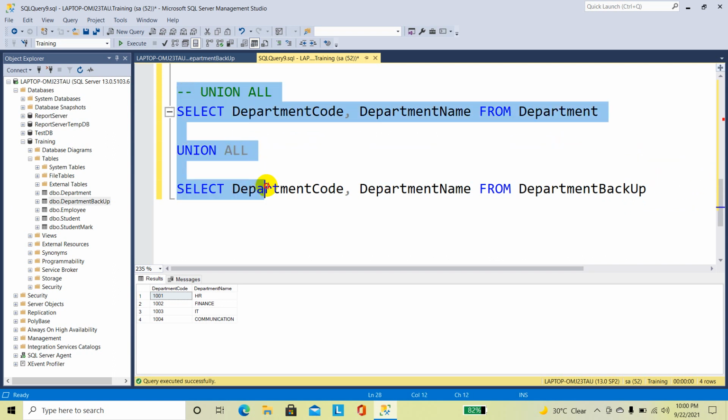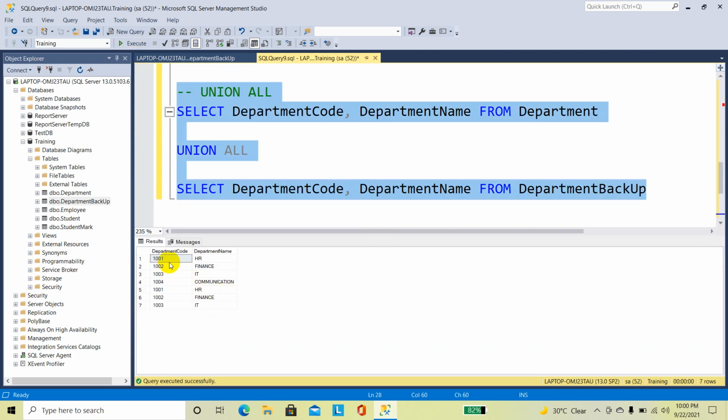I am going to select these statements and execute. Now you can see HR, that is department code 1001 HR, repeated, 1002 finance repeated, 1003 IT also repeated, and 1004 communication exists only in the department table.